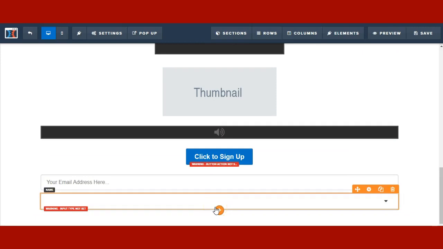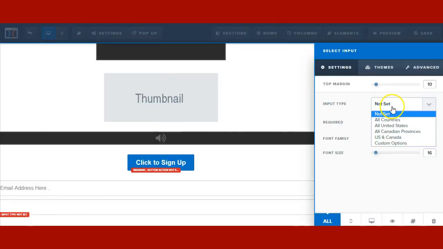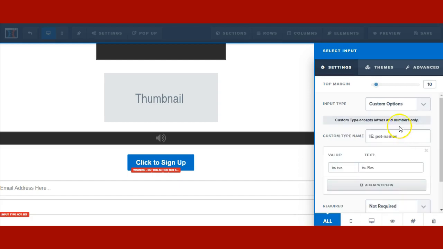Alright, so the select box, this will allow your visitors to select options. It is a drop down element. Let's say you want them to select country or a specific state, or Canadian provinces, or US and Canada. If you want them to select something else like colors, or which is their best option, or what they like to see on your next video or stuff like that, you need to select custom options and just put in,